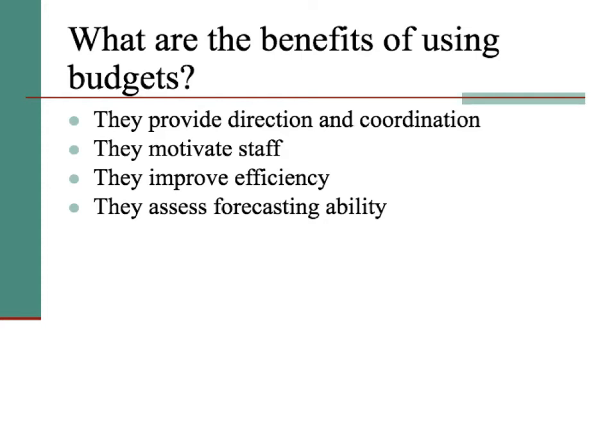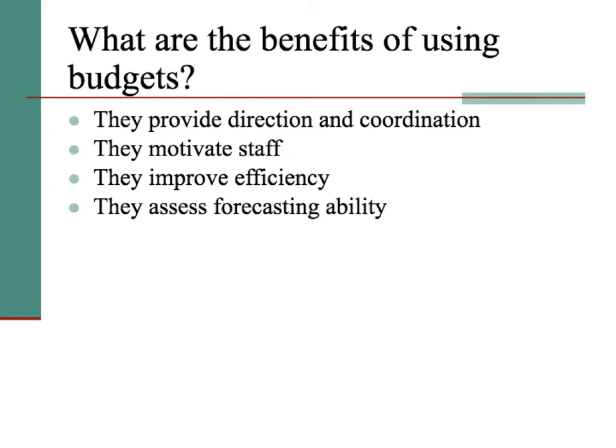It should improve efficiency, so the idea is that you'll have a target to meet. If it's an income budget, you'll have, we would like this amount of income from sales of goods, and we might have this amount of income from sales of services, and it can be over a period of time so that you can plan for seasonalities. And similarly with costs, and so it actually makes the managers, if they haven't met the target, want to investigate why not, and therefore they can improve in the future.